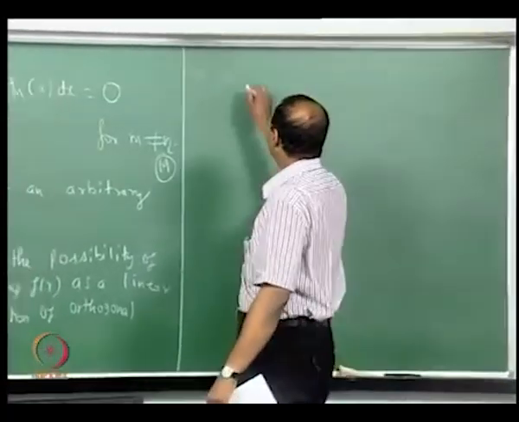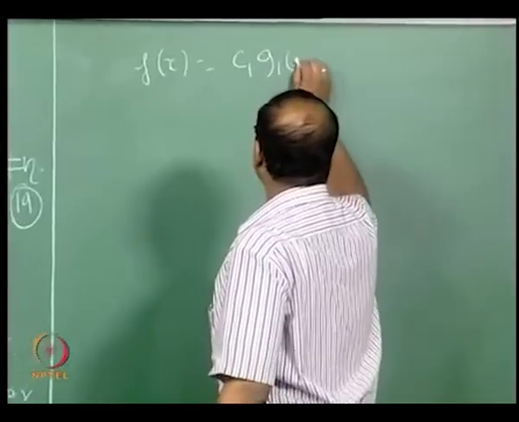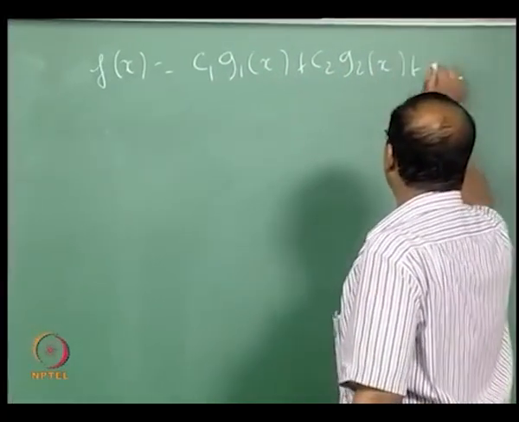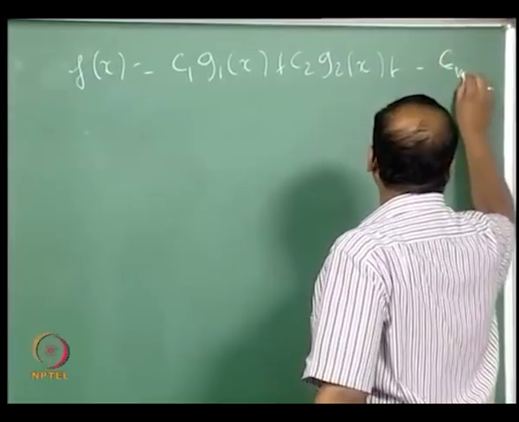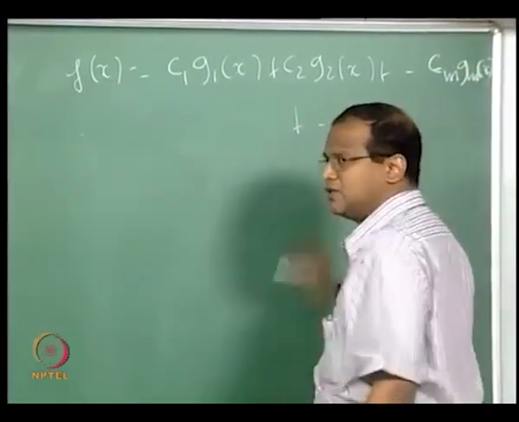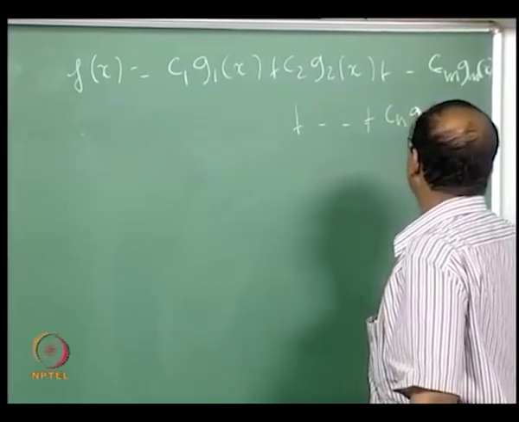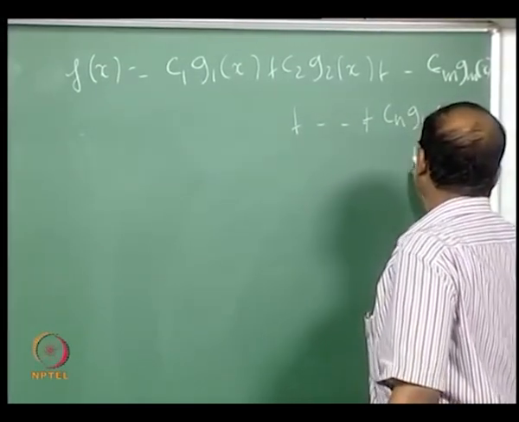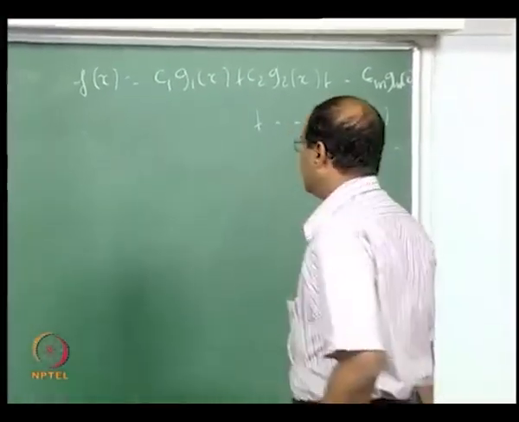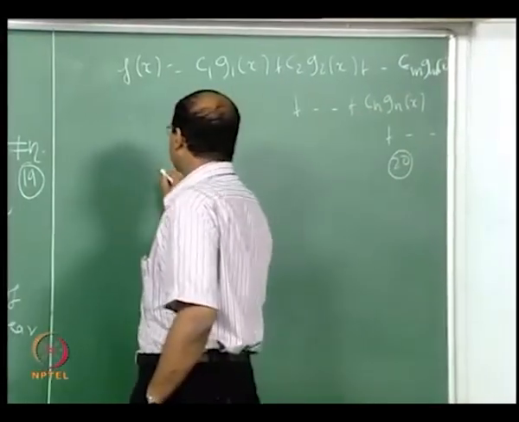Now let us say this f of x, let us say I want to make it as c1 g1 of x plus c2 into g2 of x and so on up to cm gm of x and so on plus cn gn of x plus continuation. So what I basically want to do now is, it means f of x